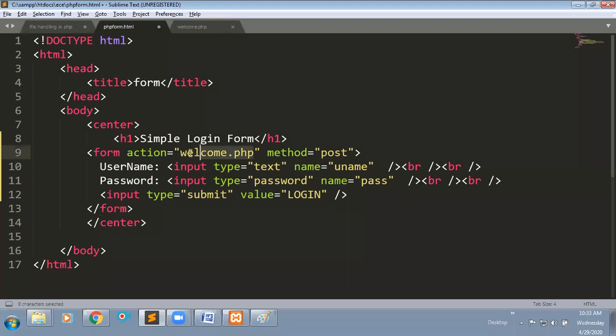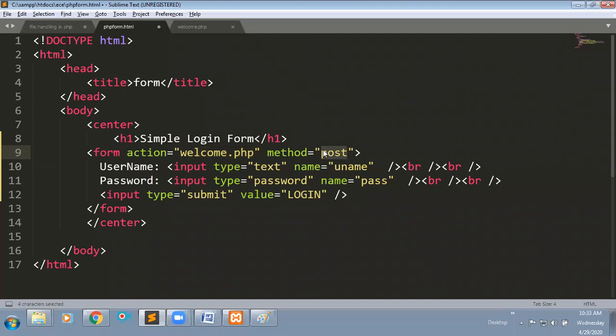You can also give a URL instead of a page. But here, if I click on the submit button, my data is transferred to this welcome.php file. The method I'm giving here is post.